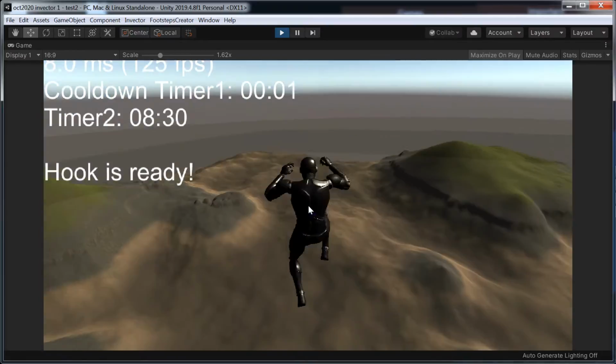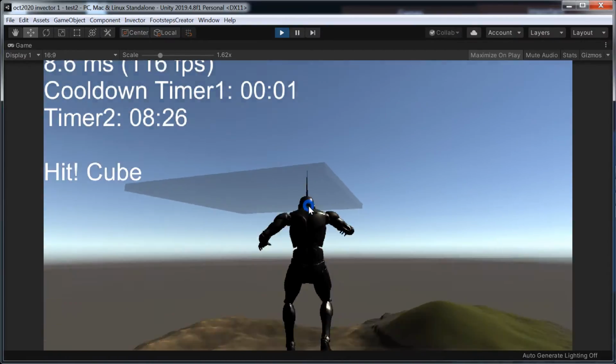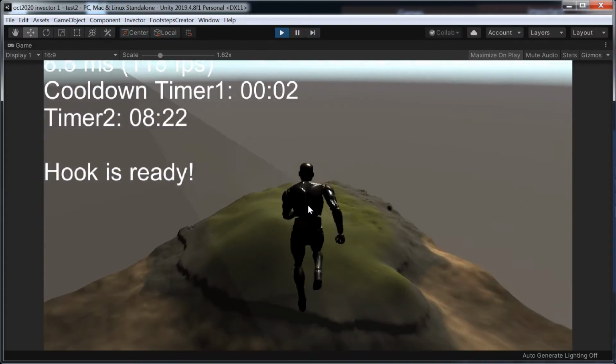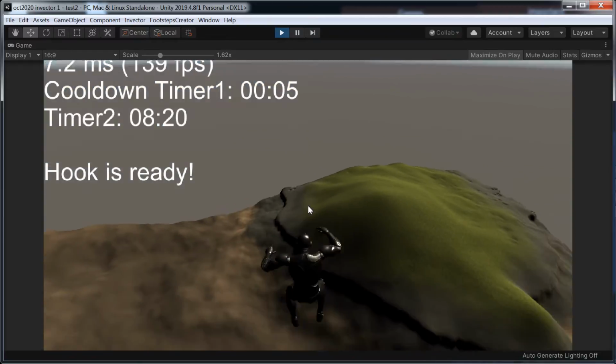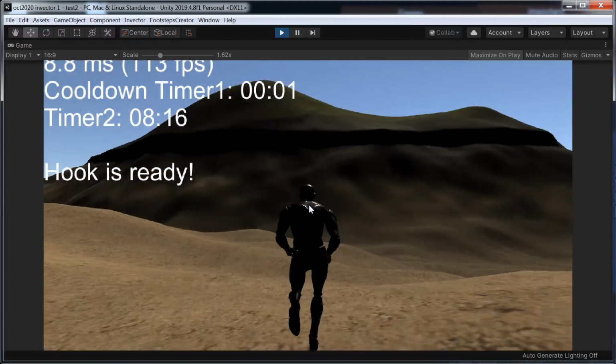So it's all working. It's left click to fire the hook, right click to pull the hook, and then arrow keys to cancel the hook. And I put in a spotlight as well for his eyes, in case